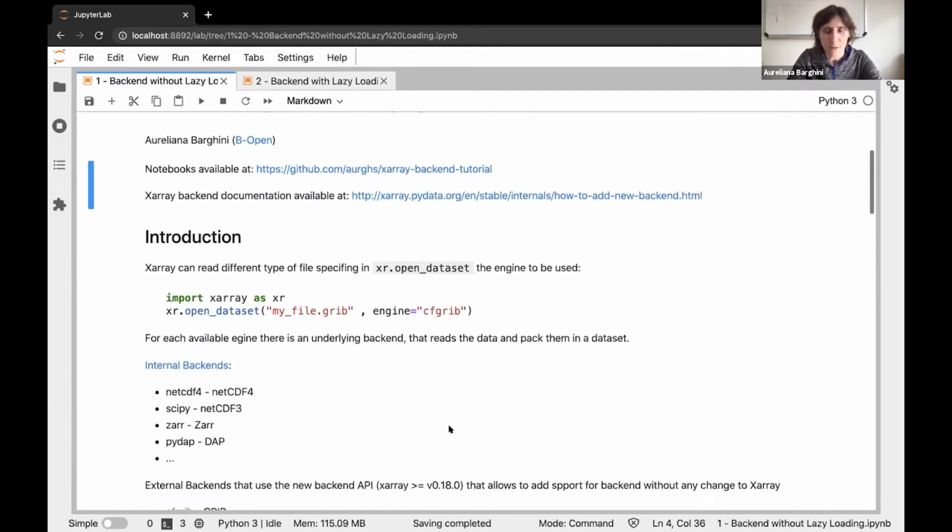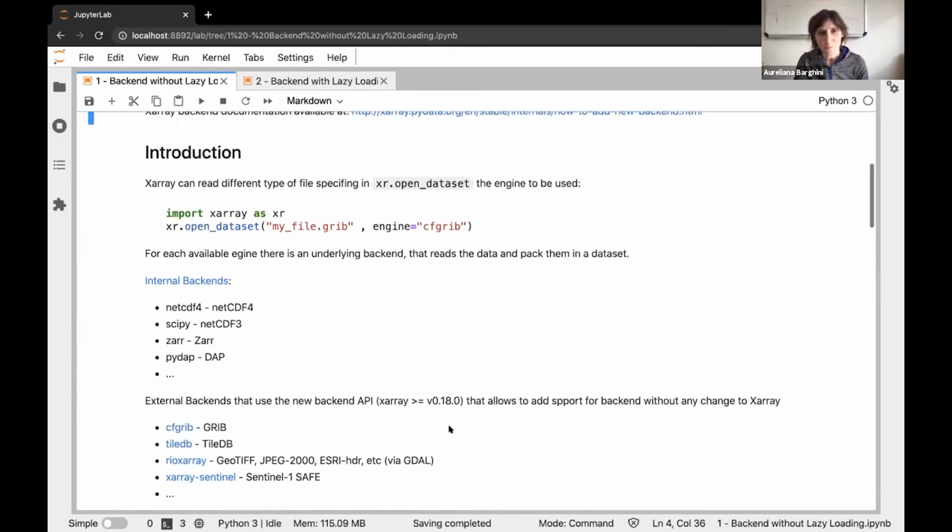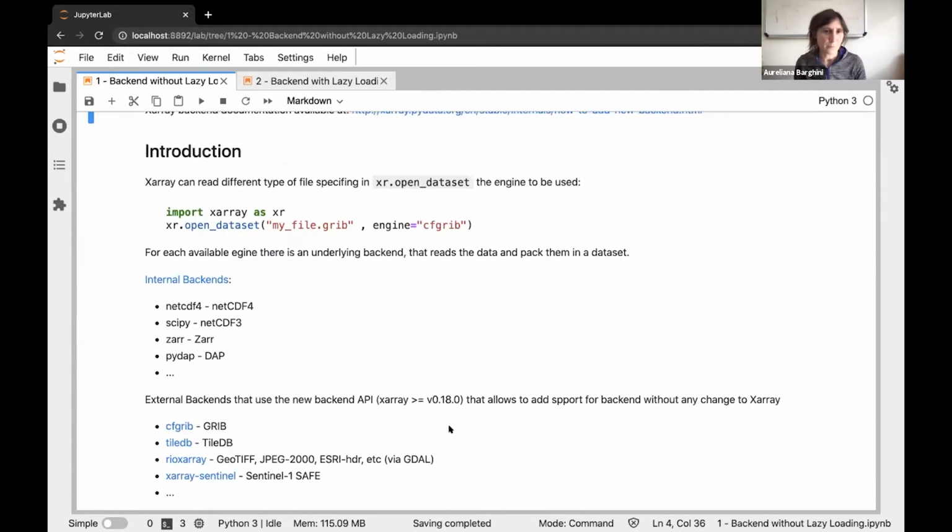Now, as you know, Xarray can read different types of files, specifying the engine keyword inside the open dataset. And you can read GRIB, netCDF, and Zarr. And for each available engine, there is an underlying backend that reads data and packs them into a dataset. Currently, there are many internal backends developed, netCDF4, SciPy, Zarr, and some external backends that